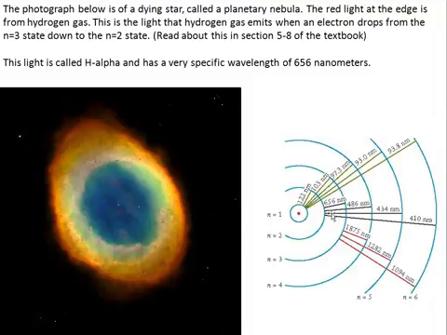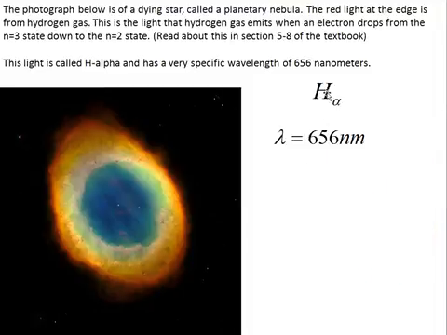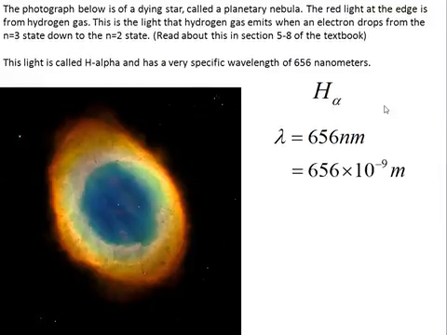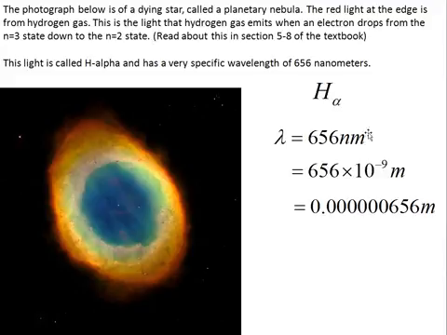So make sure to read about that. When it does that, it emits a red photon of light with a wavelength of 656 nanometers. We call that H alpha light, and just like we did previously, we can follow those same steps and convert this from nanometers to 10 to the minus 9 meters. And this red light has a wavelength, which is